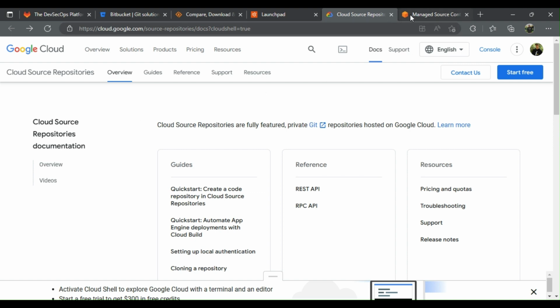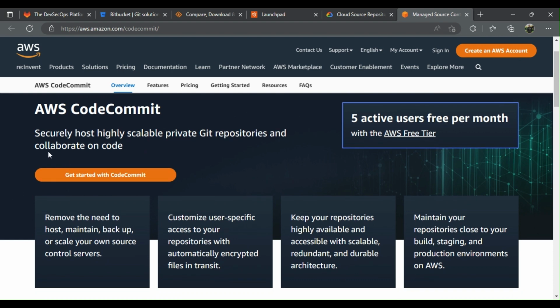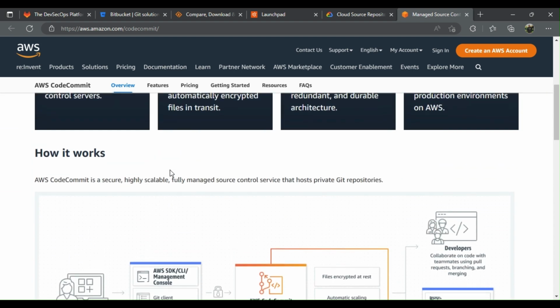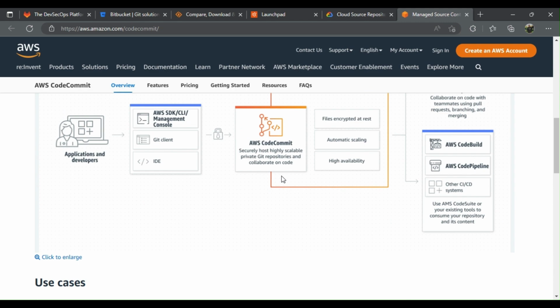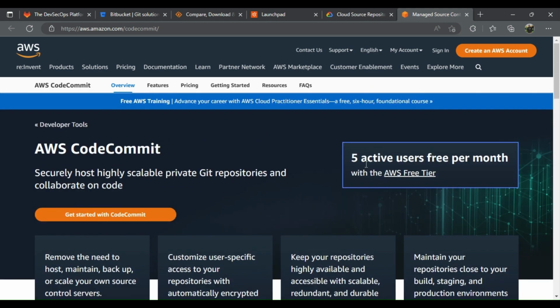6. AWS CodeCommit. AWS CodeCommit is a similar alternative to Google Cloud Source Repositories. Just like the Google Cloud Platform, AWS also provides a free tier that does not end when the trial ends. So, it's free forever if your usage is within the free tier limits as mentioned in their official documentation in